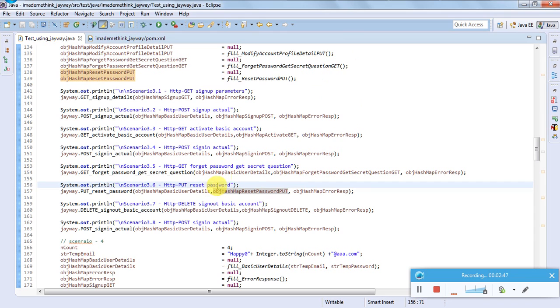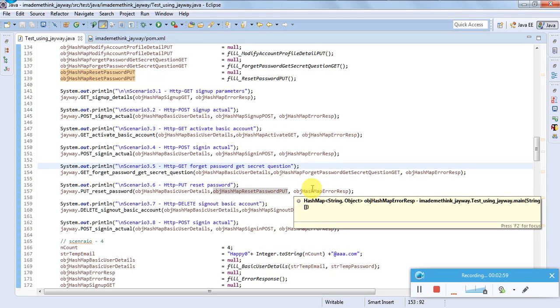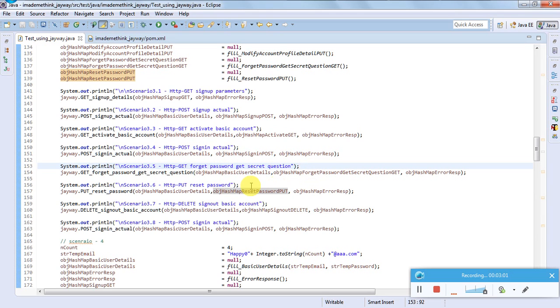Then we get the secret question that we set during the sign up. We will have to answer the secret question, and then the application will reset the password and we'll get a temporary new password, and we will sign out and sign in with the new password.